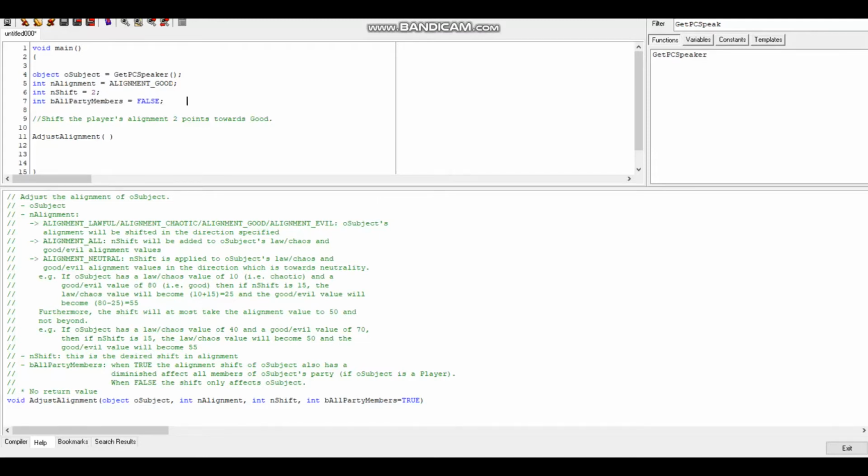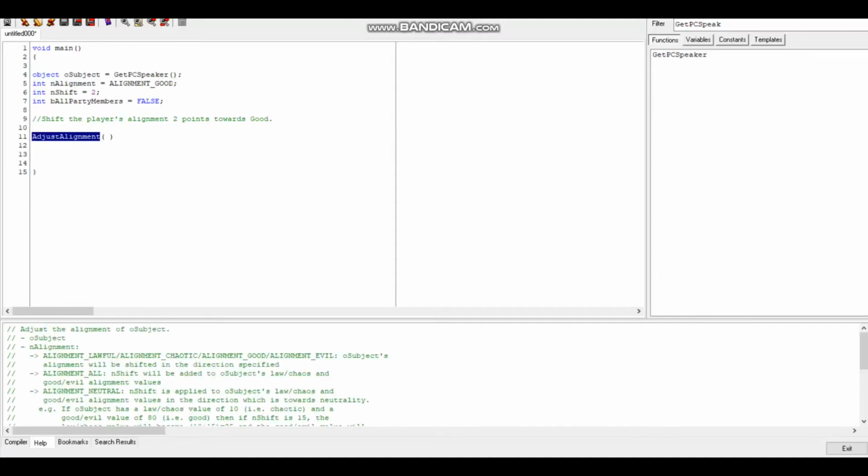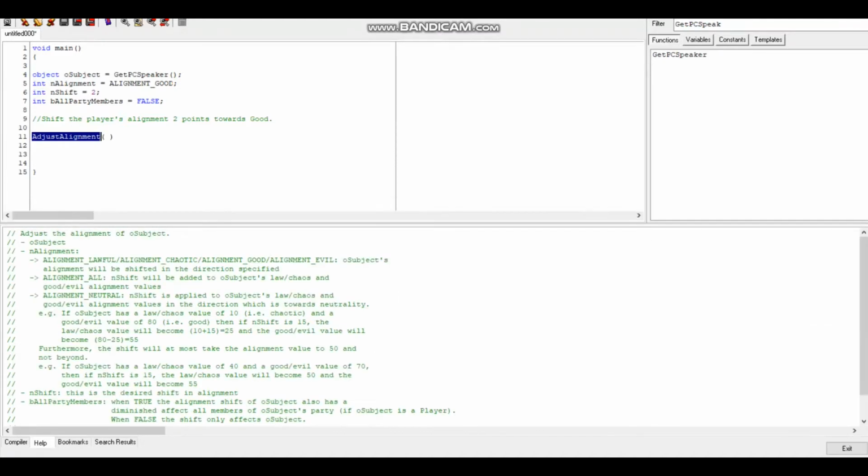So here we can declare this as follows: int bAllPartyMembers = FALSE. Do note that booleans are represented by int, integer data types in NWScript, with 0 being false and 1 being true. Almost all modern programming languages have a distinct separate data type for representing booleans. Alright, so now that we've declared our 4 parameters, we can simply slot them into place like so: AdjustAlignment(oSubject, nAlignment, nShift, bAllPartyMembers);